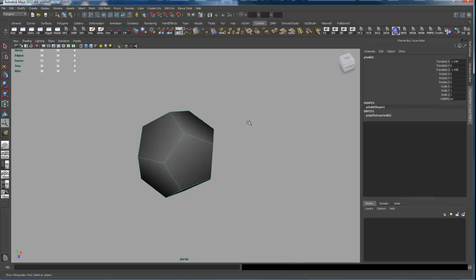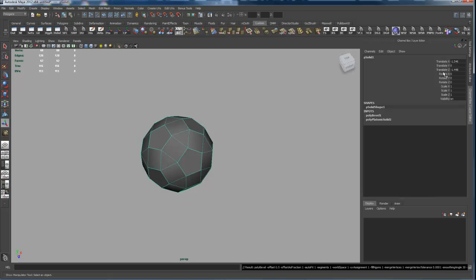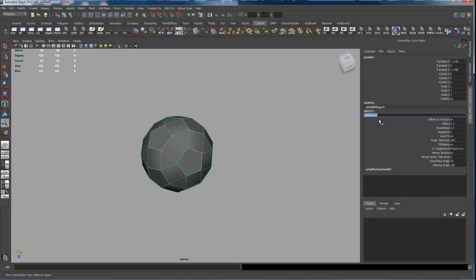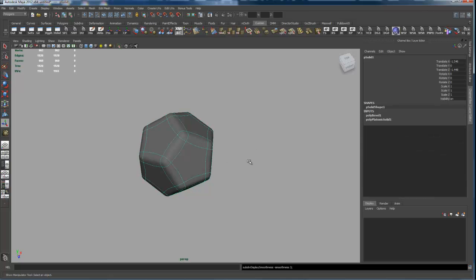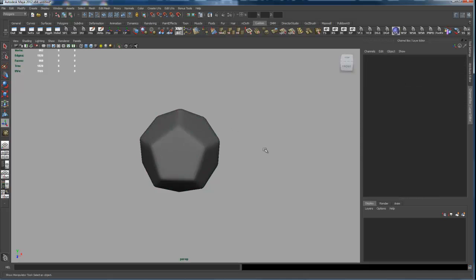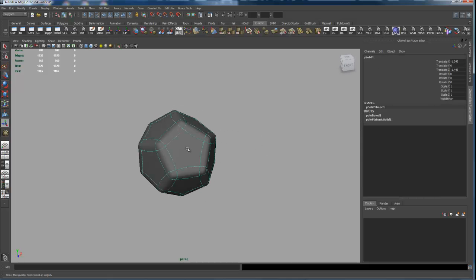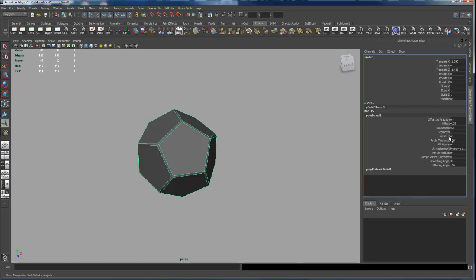So the easiest way to do that in a single step is to select the whole object, go up here to bevel, and then go to the bevel node and set your offset very low, something like that. And right now, if I smooth it, you see it gets a little bit better, still a little bit soft and doughy. So if I come in here to that bevel node again and I change the number of segments to 2,